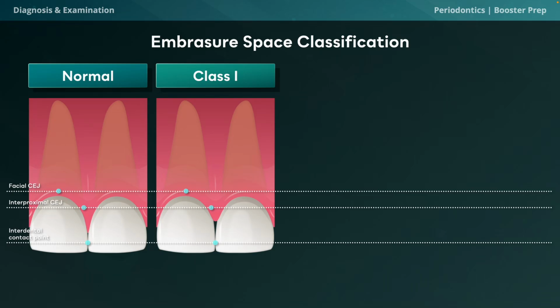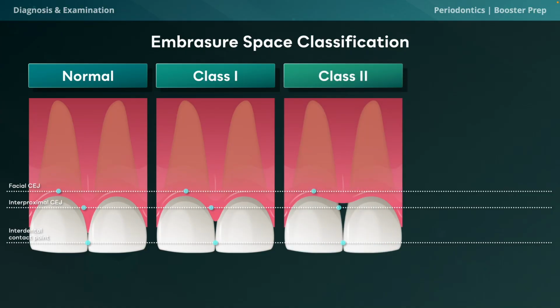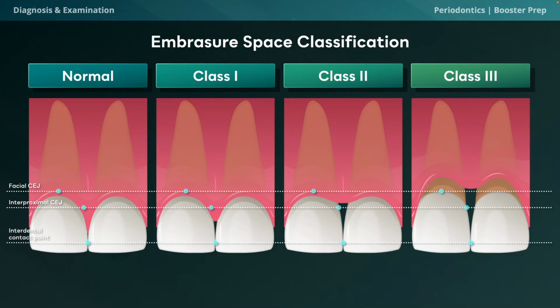Next, we have class 1, where the tip of the papilla is located below the tooth-to-tooth contact point, but remains above the cemento-enamel junction. Class 2 is next, where the tip of the papilla is at or below the interdental CEJ, though the facial tissue remains above the CEJ. And finally, class 3, where there's a complete loss of the interdental papilla and the tissue is positioned at or